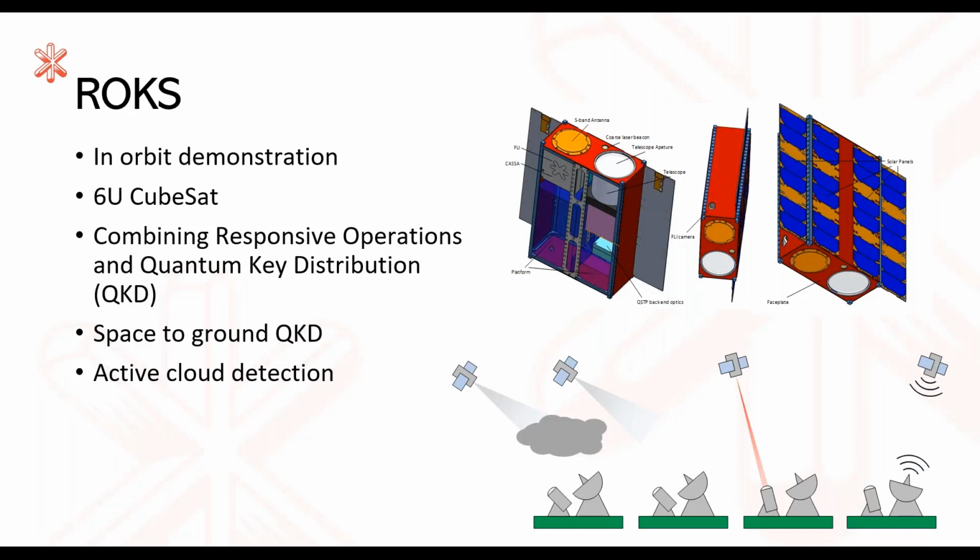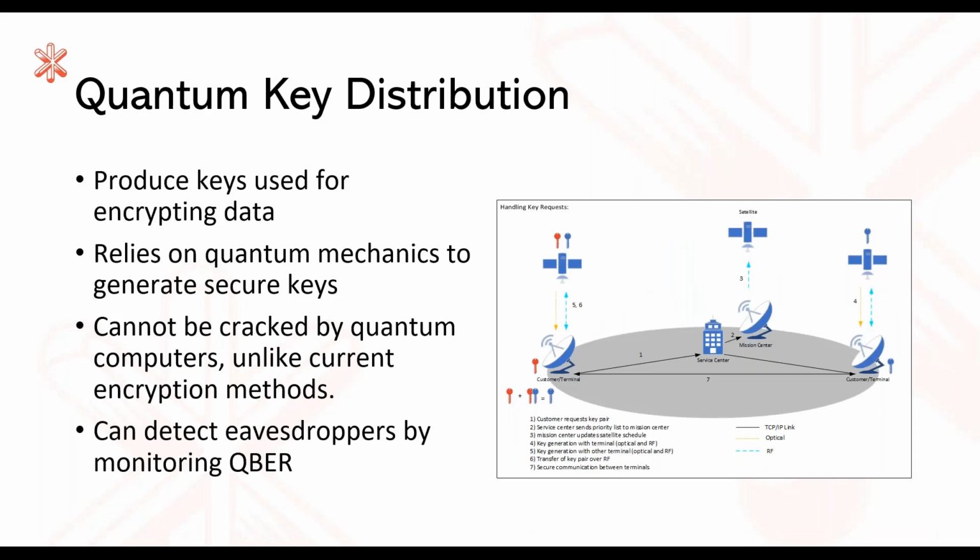So I'll explain a wee bit about what quantum key distribution is. Basically, it's a way to produce keys used in encrypting data. It's different from normal cryptography methods, as normal methods use complex algorithms to produce keys, which is fine for now. But with the advent of quantum computers, as I'm sure people have heard about, this insane computing power will be able to reverse these algorithms, break the keys, and make everyone's data very vulnerable.